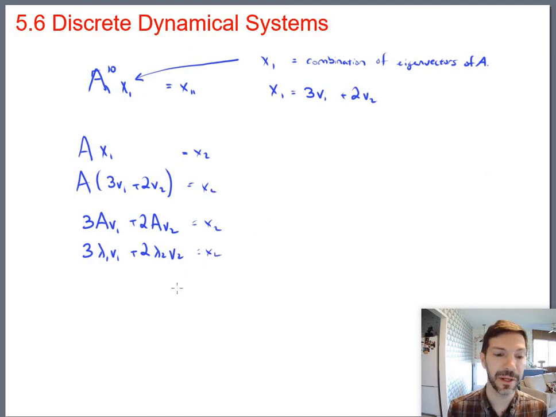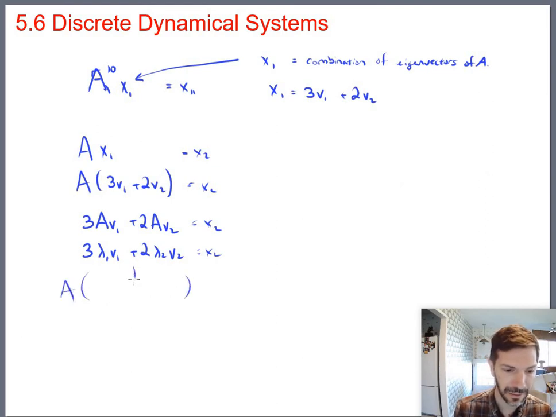But of course, we're interested in iterating this over the long run. So now if we want to multiply this by a to get x3, so a times all of that would make x3 for us. I'm going to do the same thing again. I'm just going to say it's a times this first clump and a times the second clump. And multiplying a by the first clump is the same as multiplying lambda 1 by the first clump. So this really just simplifies down to,